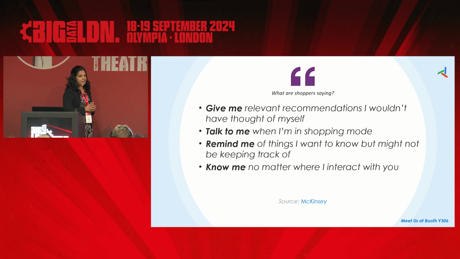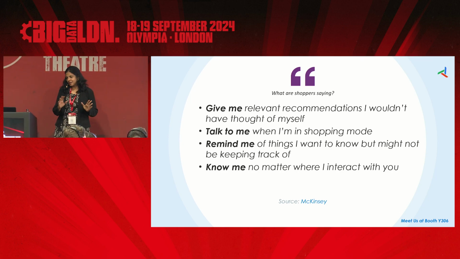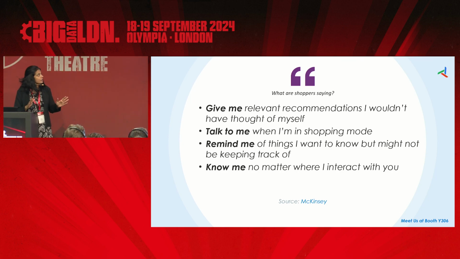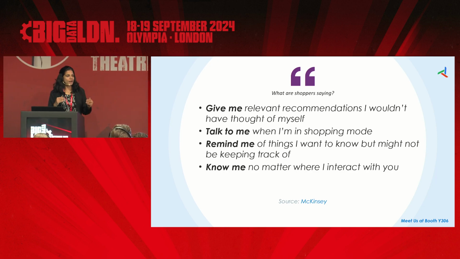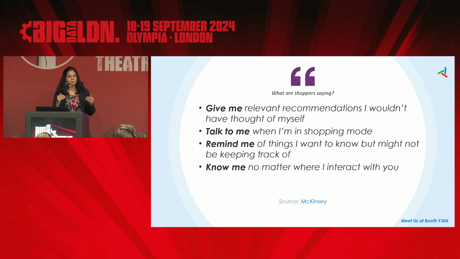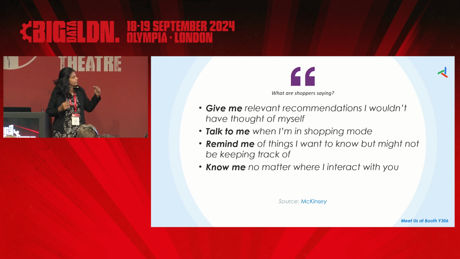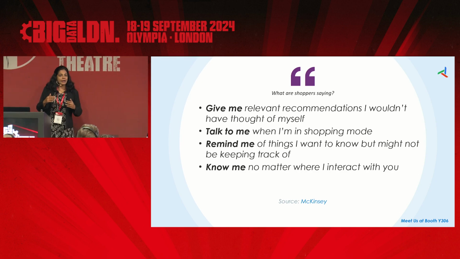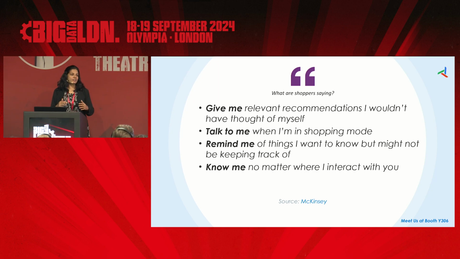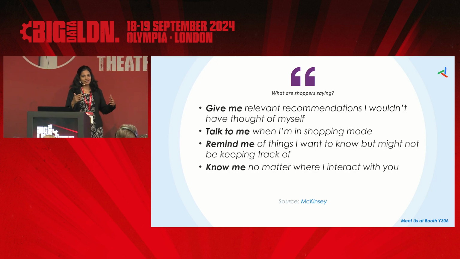So what are the customers really saying? They're clearly saying four things. Know me, irrespective, before I even know myself, know me. They expect people to anticipate. Then they expect brands to keep track of what they might want in the future. And then they want really timely messages. They want relevant messages.